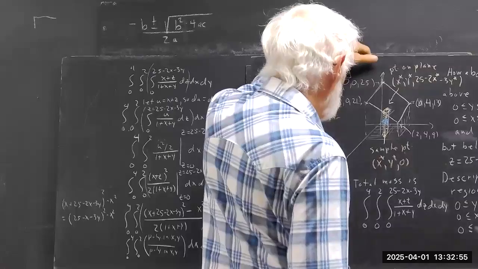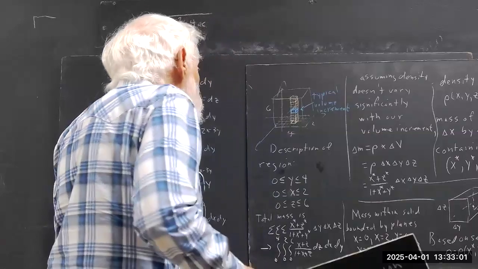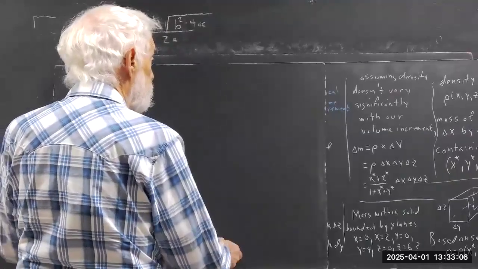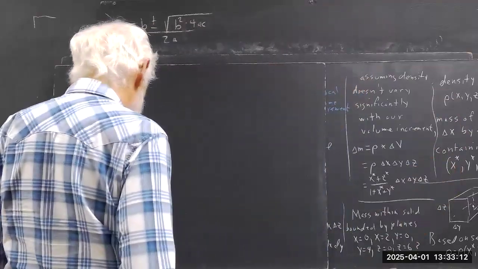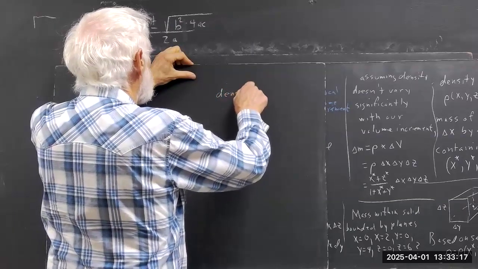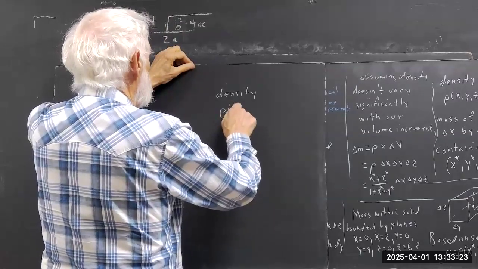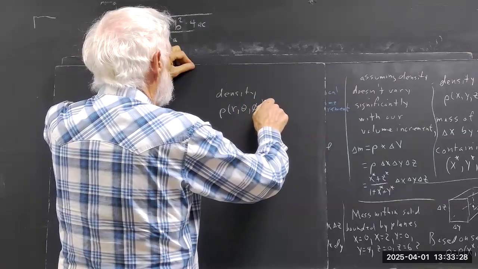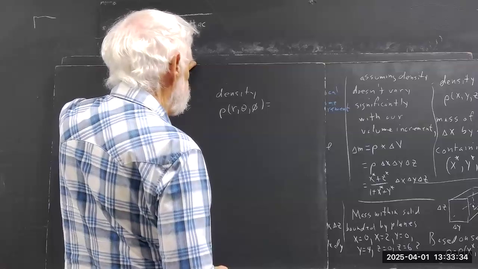Now I want to move to what you do in cylindrical coordinates, and then hopefully in spherical coordinates. So, imitating my original question, let's say my density is rho of r, theta, phi equal, say,